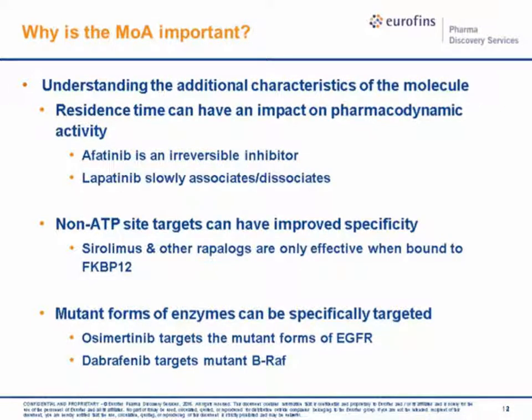Lastly, at the bottom, there are, of course, in several disease areas, and in particular in the oncology field, numerous examples of kinases that develop mutations, often as a mechanism of resistance towards kinase inhibitors, but also as somatic mutations and so forth, which give rise to oncogenes in their natural environment. The two examples I've given there: osimertinib targets mutant forms of the EGF receptor, which often develop, in particular the T790M mutation,